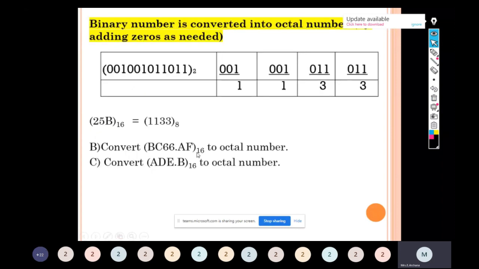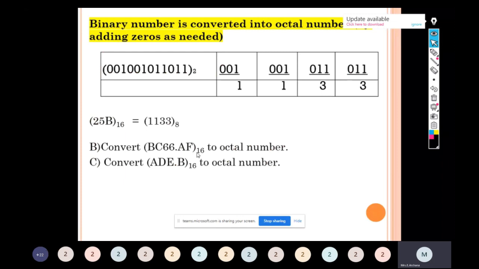This is again converted by grouping 3 bits. Why are we combining 3 bits? Because it is asked to convert into octal. So we combine by 3 bits and the base will be 8. So that's all, the special conversions are over. We have seen 6 types of special conversion.